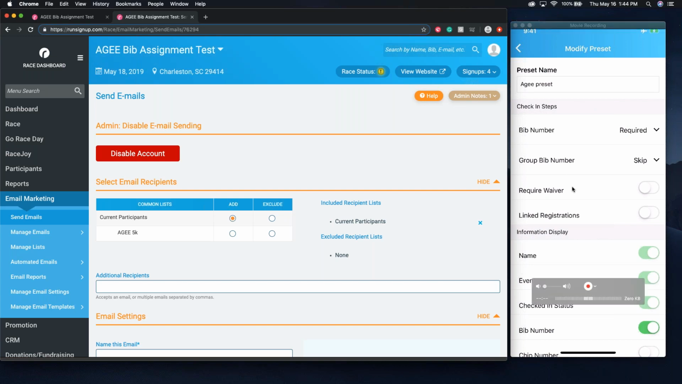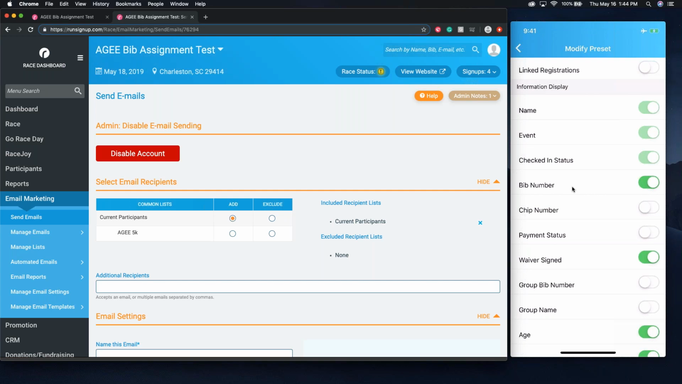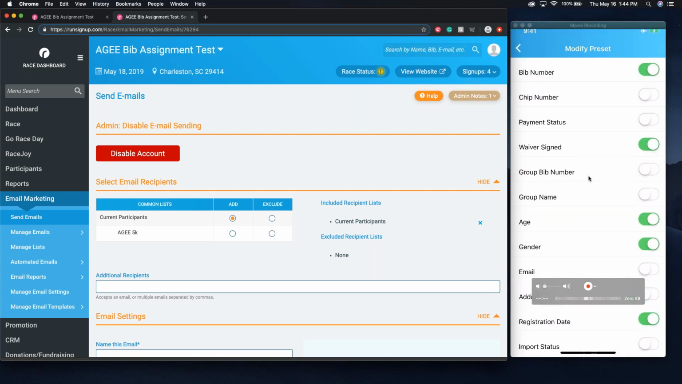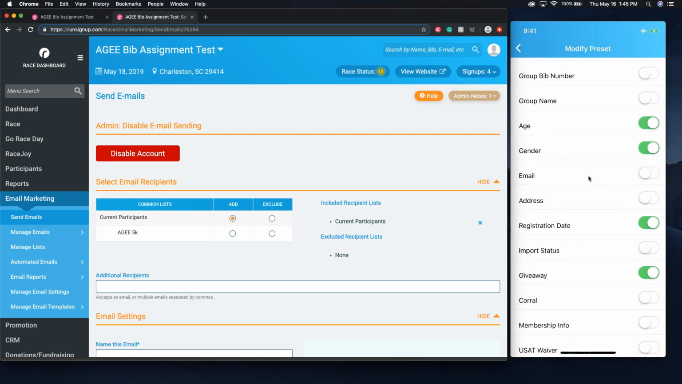So as I scroll down, the bib number is selected to show. The waiver signed: in this scenario, I know everybody signed up online, so I don't care to see whether or not the waiver was signed. So this might be a strange concept, but in a lot of instances, I actually suggest removing the age